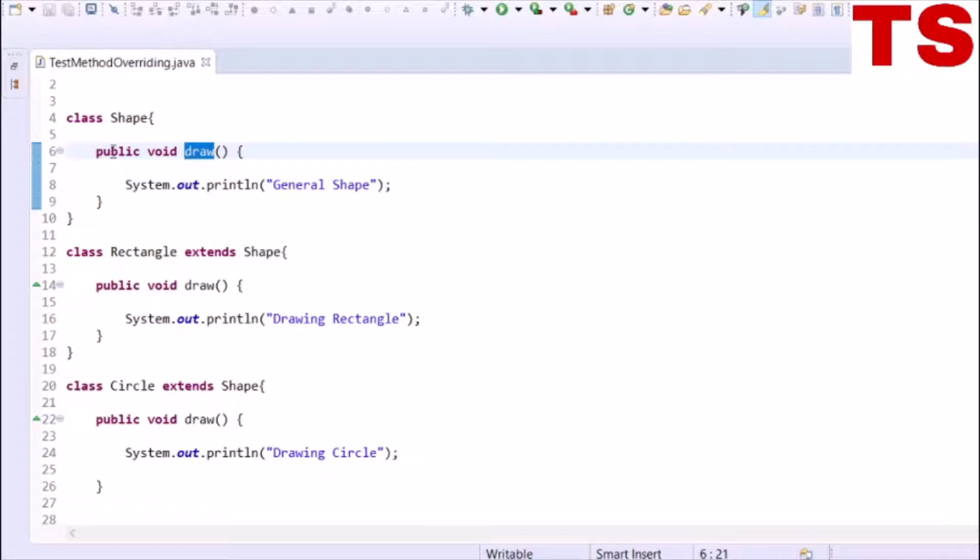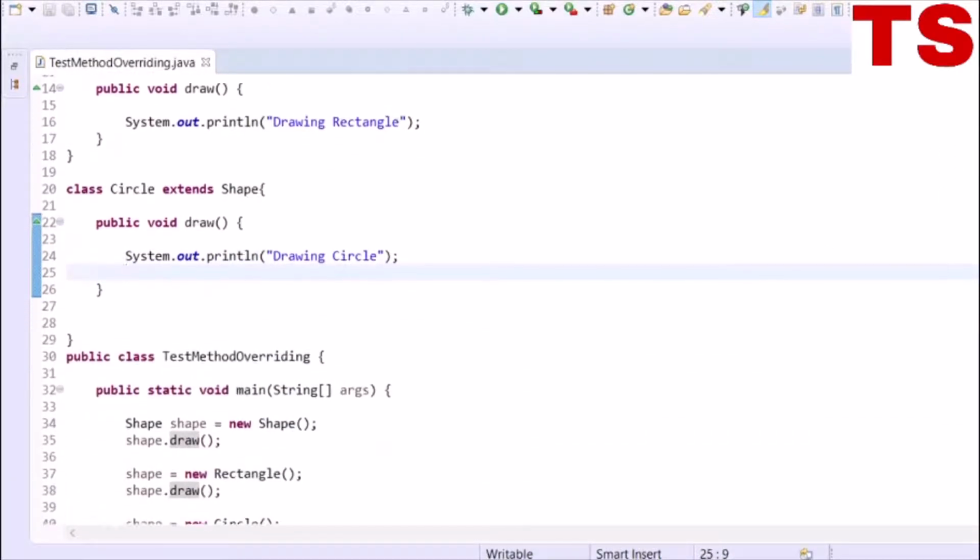The signature of the draw method in Shape is same as that of the draw method in Rectangle and in Circle. So the draw method in Rectangle and Circle override the draw method of Shape. Here we are printing strings: for Rectangle we are printing drawing rectangle, and for Circle we are printing drawing circle.